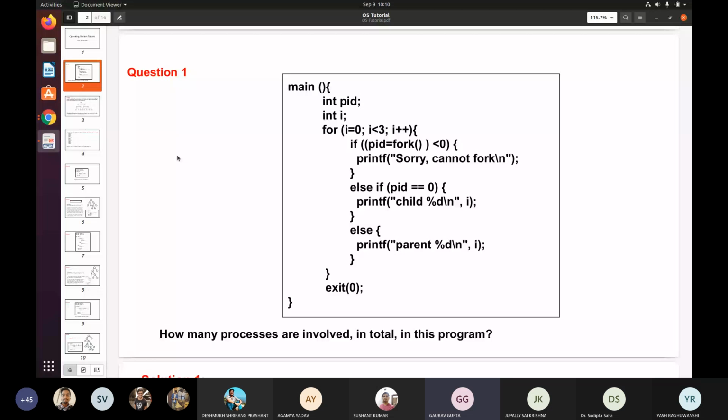So, hi everyone, I am Gaurav Gupta and my friend Yash Raghuvanshi. We are final year dual degree students and we will teach you some of these questions, which are actually easy, not that difficult. So, you all know about fork, like what it returns, PID. What will this do? PID equal to fork. It will create a child process and assign the return value to the PID variable.